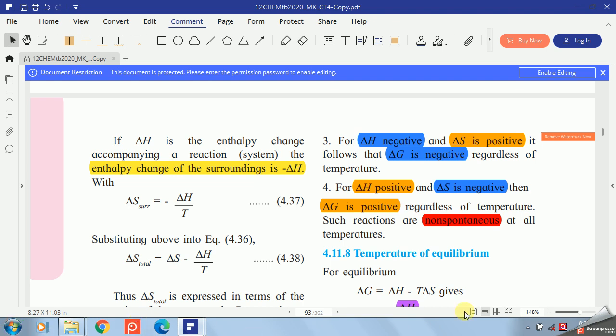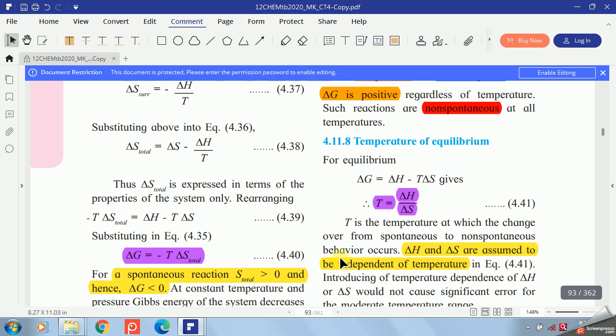Now next is temperature of equilibrium. So what is your equation? Delta G is equal to delta H minus T delta S. So if we rearrange this, if we transfer this delta H to this side, delta G minus delta H is equal to minus T delta S, and